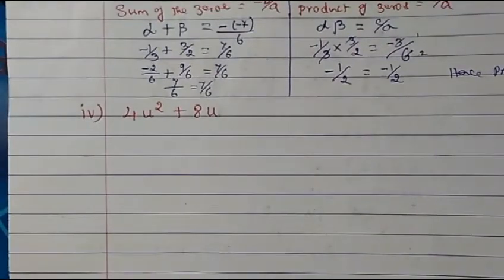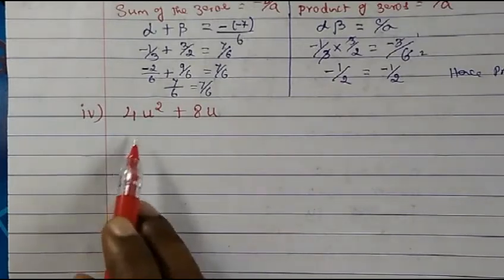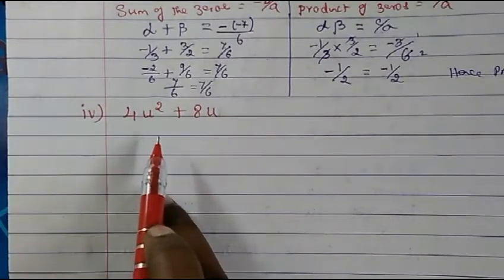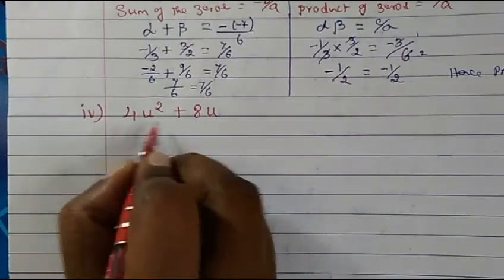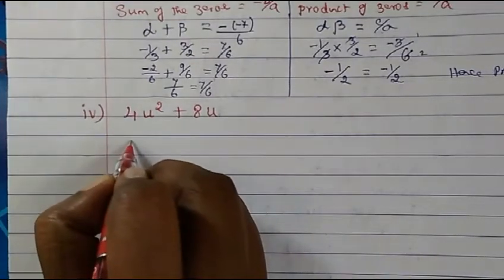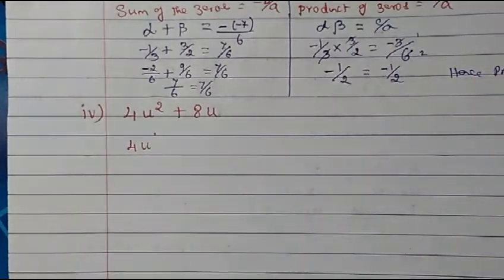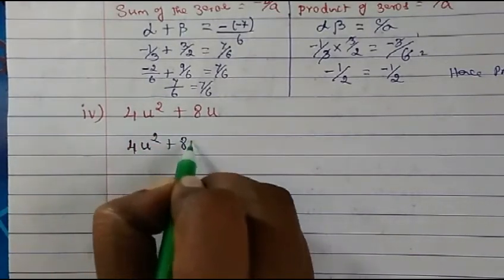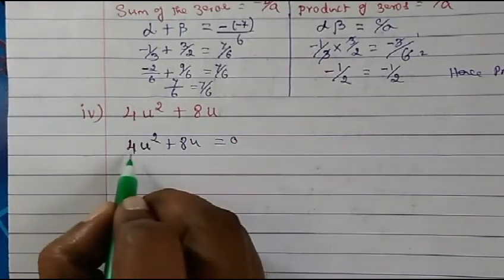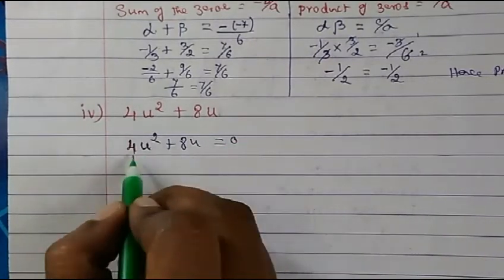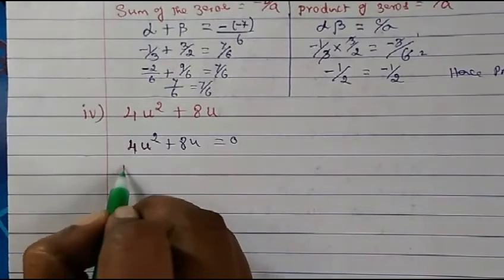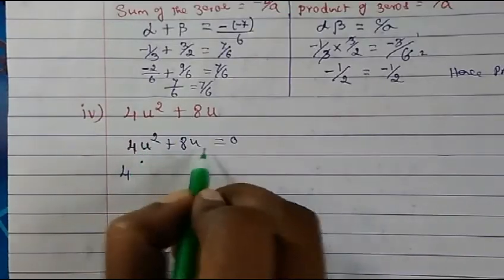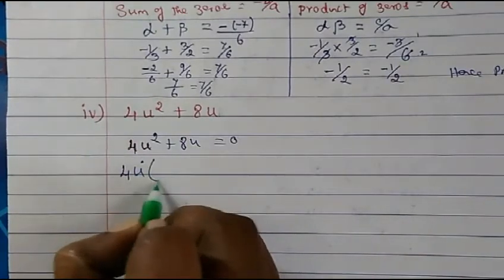Here you see you don't have 3 terms. So when we don't have 3 terms, we have only 2 terms. So we can find the factors. So what we can write? We will write like this: 4u square plus 8u equal to 0. So now with which table will both get completely divided? 4 and 8. Table 4 will divide both the numbers completely. Here u square, here u, so 1u we will take out.